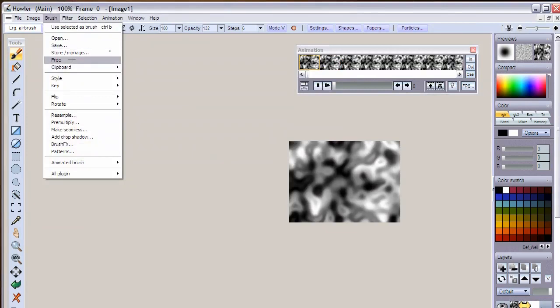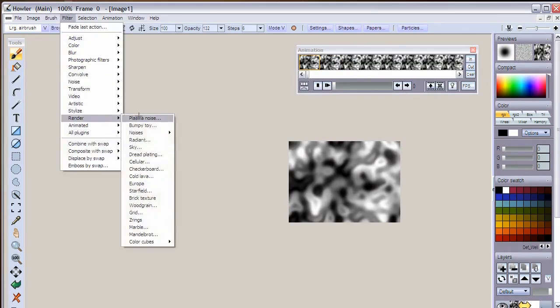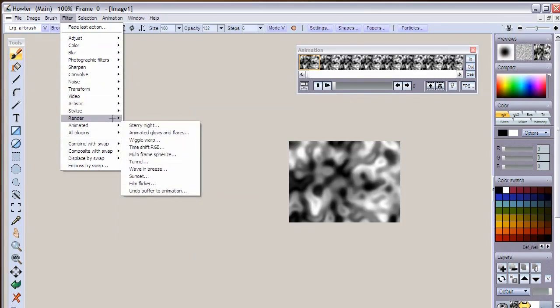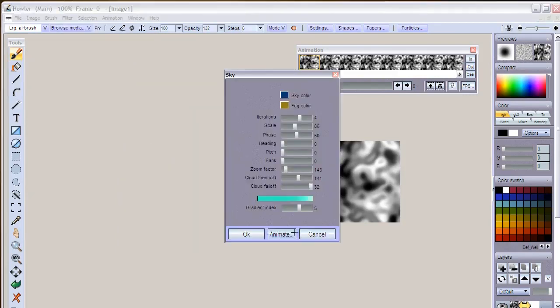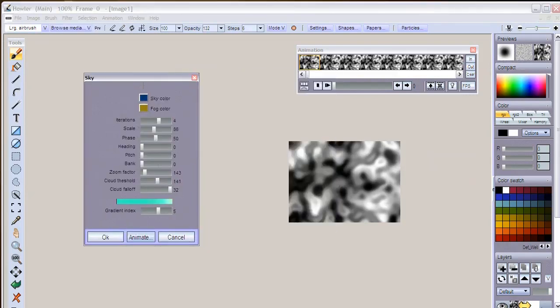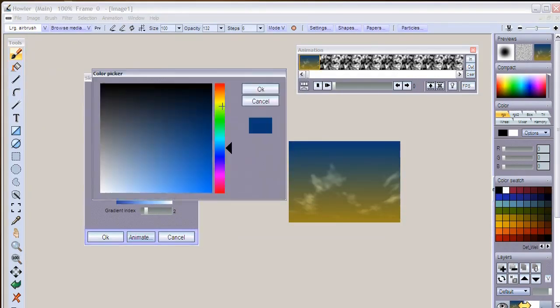So let's do that, and then go populate it with some sort of image or an animation. Maybe we'll use the render in the filter. There's a couple here. There's the tunnel. There's a couple of animated ones. Let's take the render sky, and you see there's an animate button there, and we can select the look for